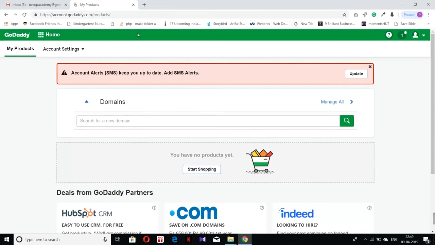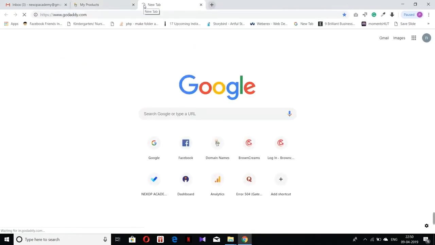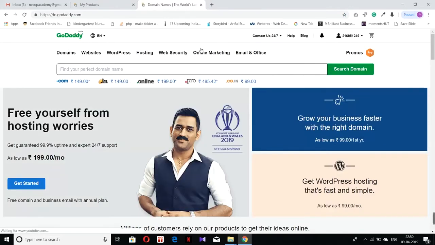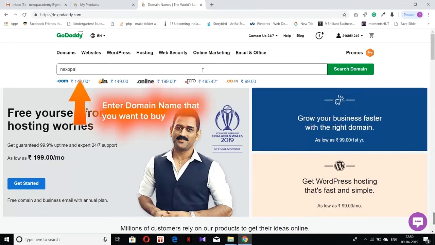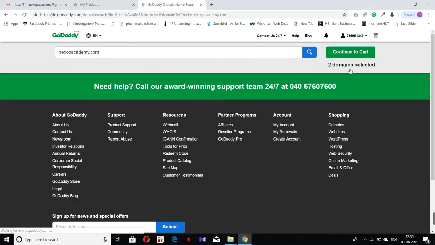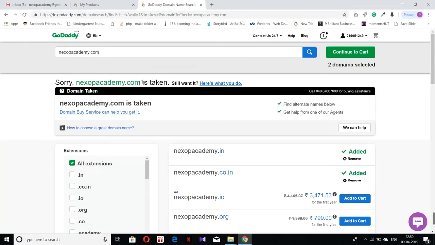To purchase the domain, first we have to go to the GoDaddy homepage. Now you can see that there is a search domain option. I am going to search for my domain and check if that domain is available or not. I am just clicking on the search option. As you can see, nextupacademy.com is already taken, so I cannot